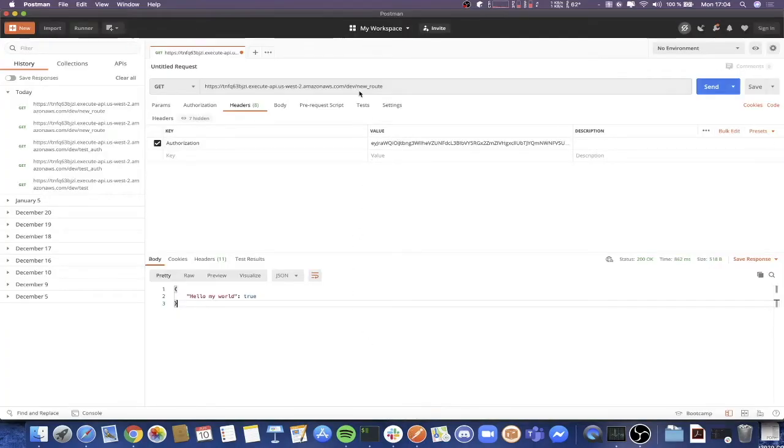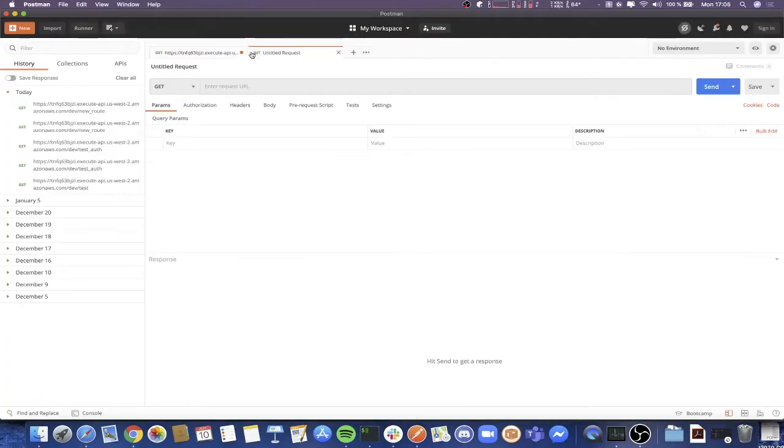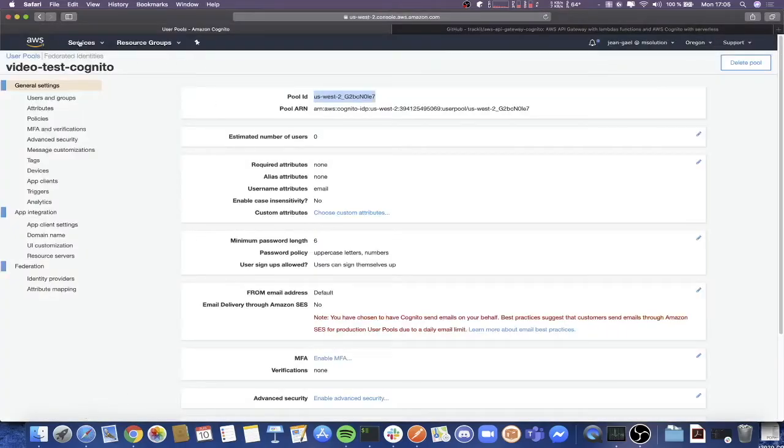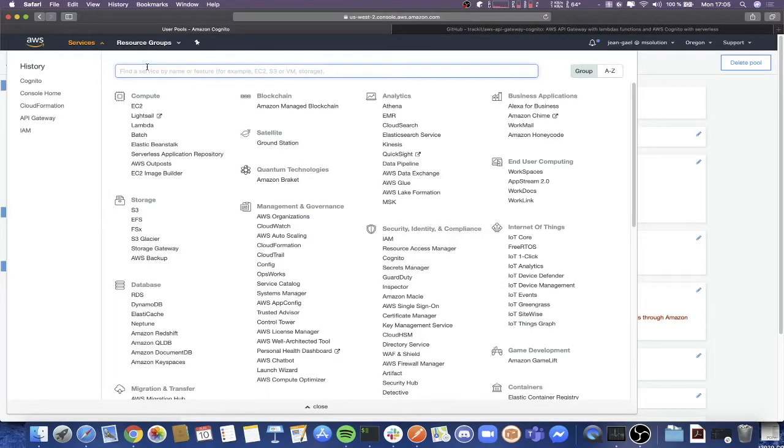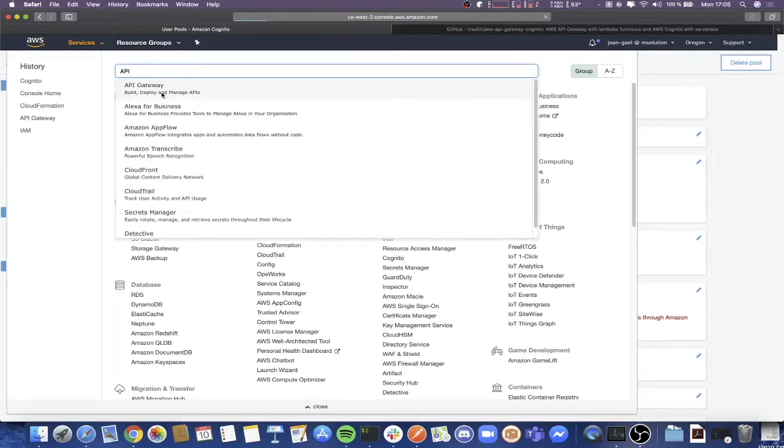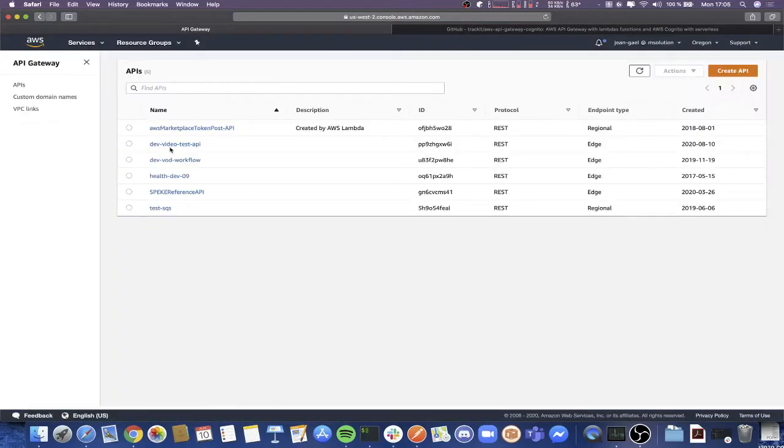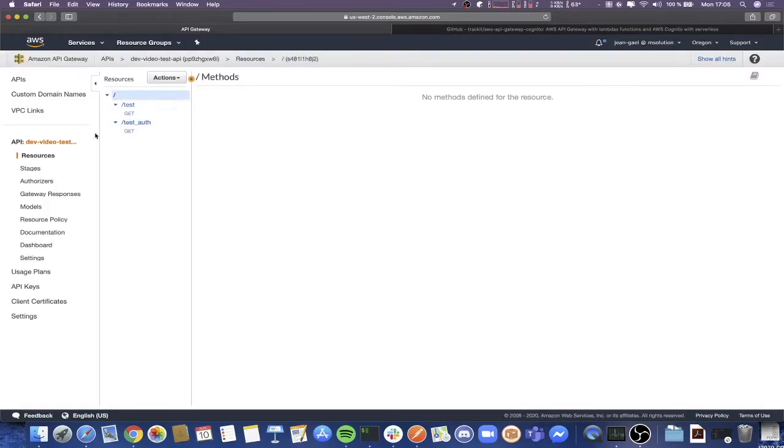Once it's done, I will try to do a request to the API gateway without authentication access using Postman, that you can also download if you want. But first, we need to get the endpoint on the AWS console in the API gateway service. Click on your API gateway and then go to the dashboard for your endpoint.